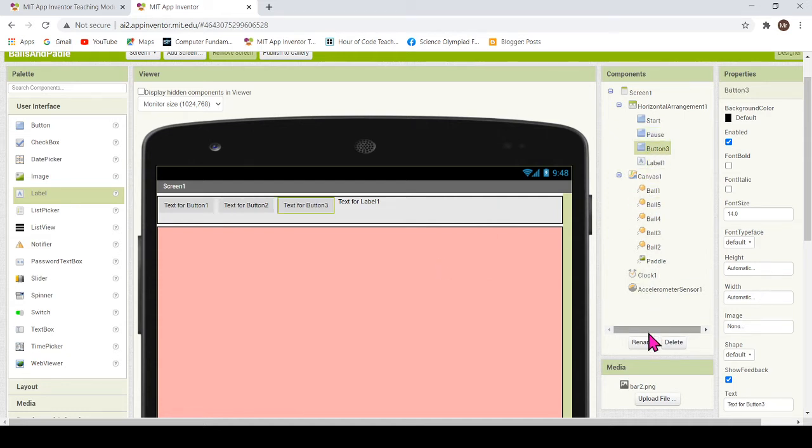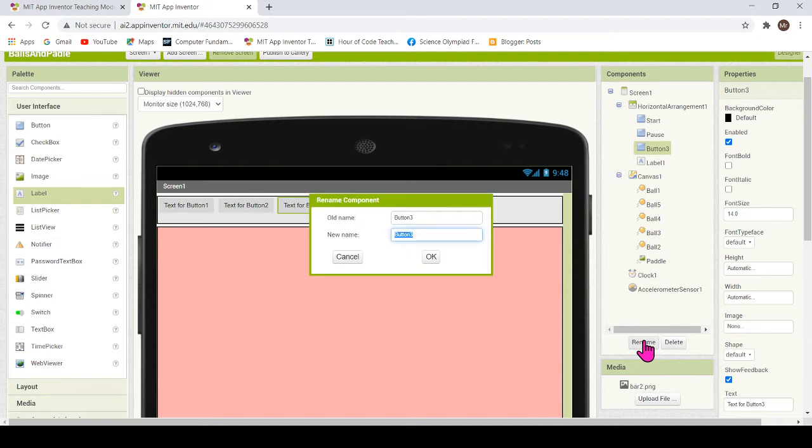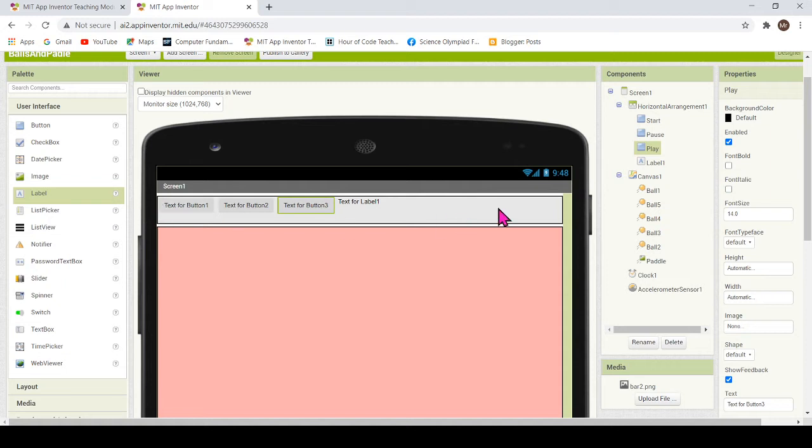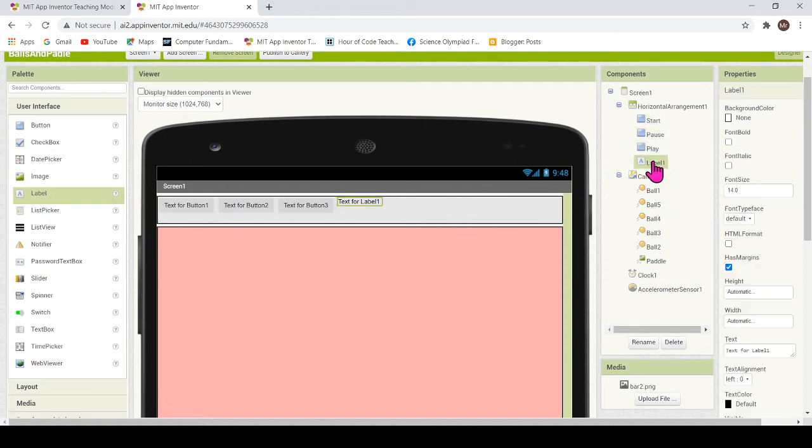And after pausing your game, if you want to play it back, that is why we want a play button. So now we have these buttons: start, pause, play, and there is a label.